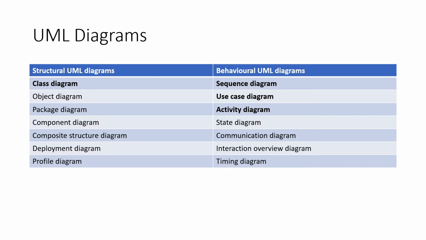Out of these 14 UML diagrams, we will discuss 4 main UML diagrams which will be more useful with respect to your low level design. From the structural side we will discuss the class diagram, and from the behavioral side we will discuss the sequence diagram as well as use case and activity diagrams. These 4 are the main diagrams which will be helpful to understand your whole system as a low level design. All right, so let's get started. First we will go through the behavioral UML diagrams, and at the end we will take the class diagram. All right, so now let's start with the use case diagram first.